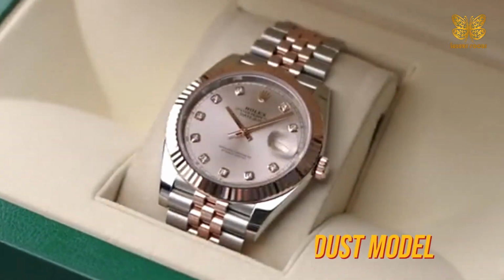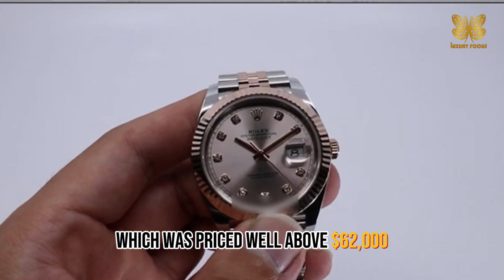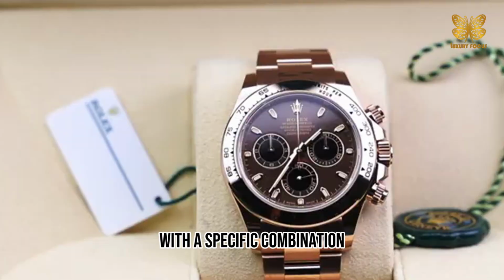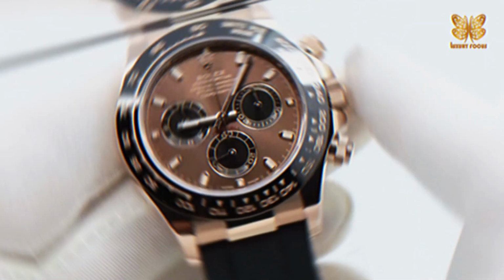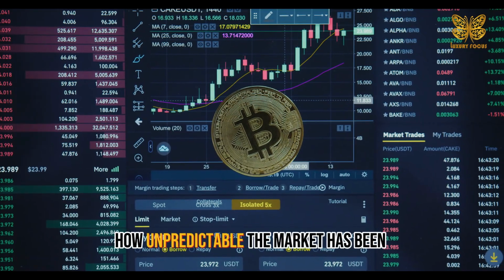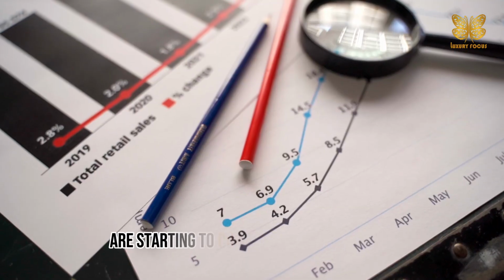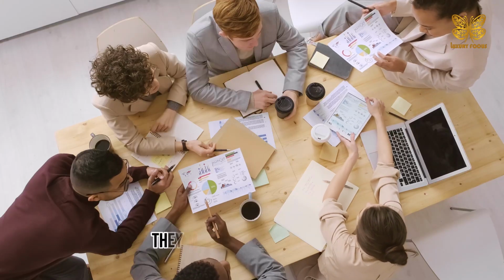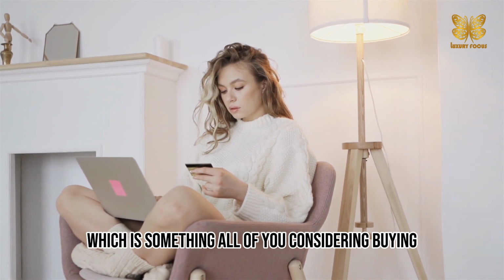so long ago, and the Sundust model, which was priced well above $62,000. And if we talk about the chocolate dial version with a specific combination, it would set you back a jaw-dropping $75,000. The big difference in pricing shows how unpredictable the market has been. However, it's important to note that prices for these watches are starting to come back down to a more reasonable level. There's still a chance they might drop even further, which is something all of you considering buying should keep